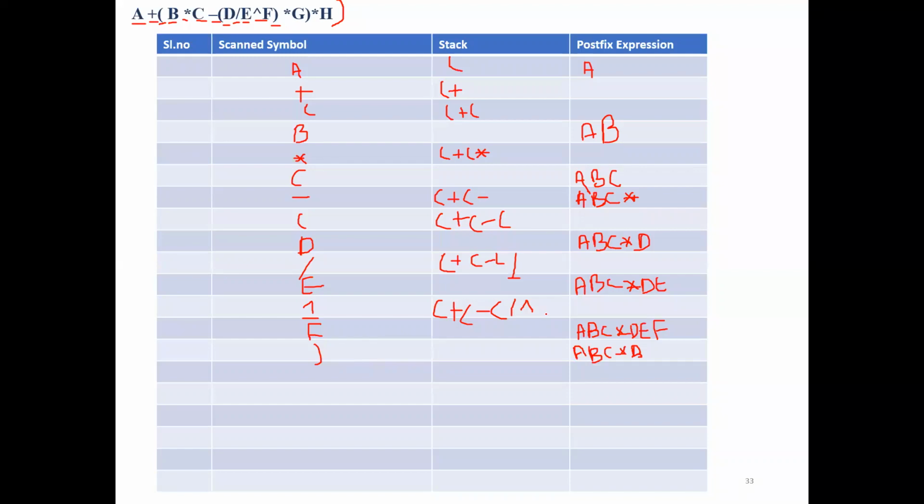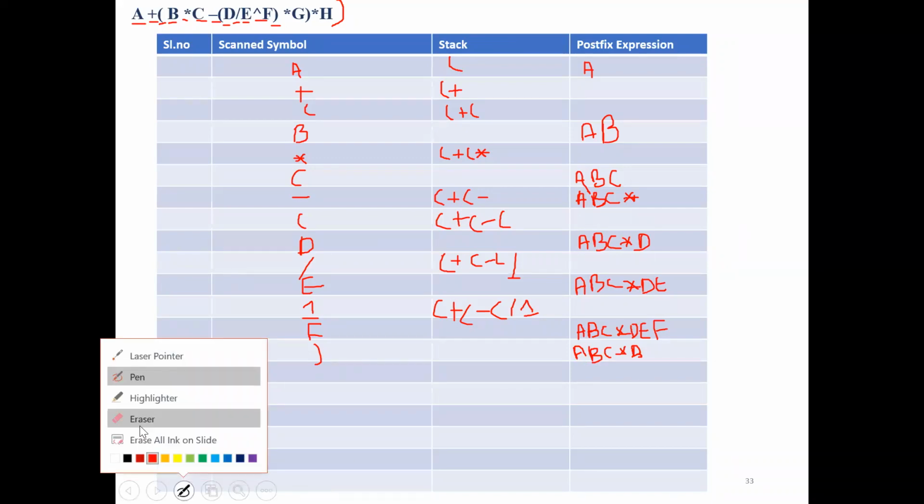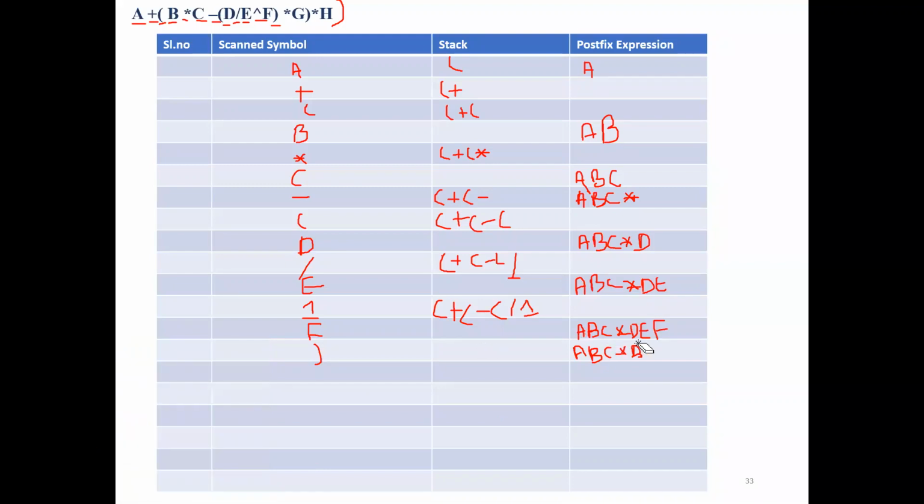Plus. No, Javed, we have to see the top of the stack. Which is on top of the stack? Oh, sorry, exponential, then there is divide. I took from the starting. Yes, the last one: exponential, division. That's it, ma'am. So only two operators are there on top of the stack before the left parenthesis, right?